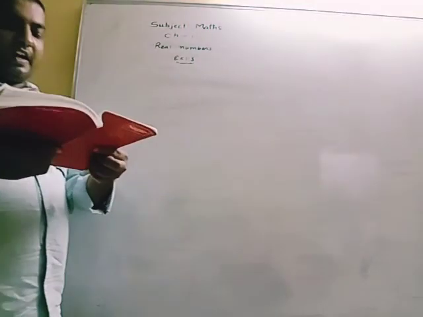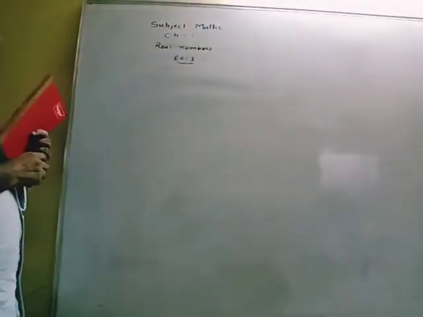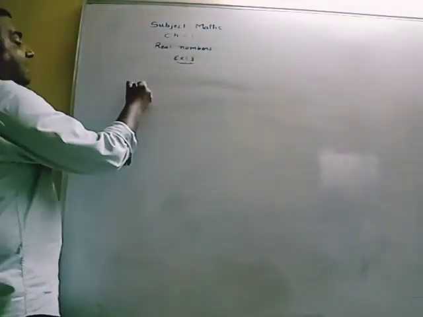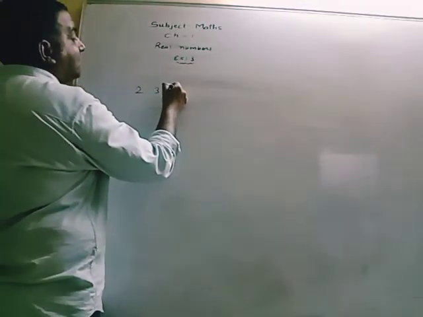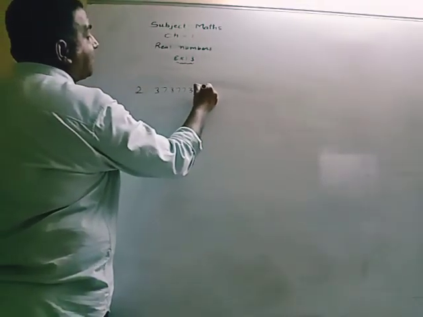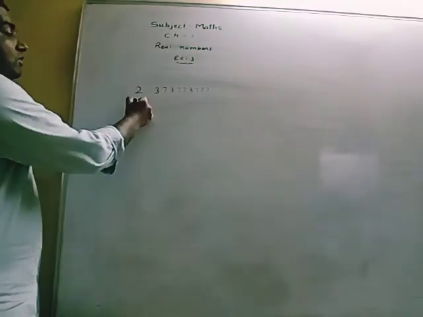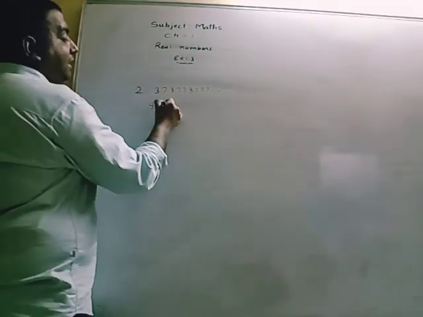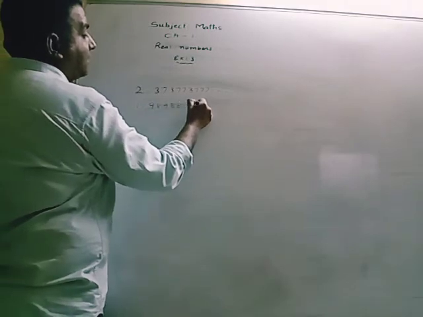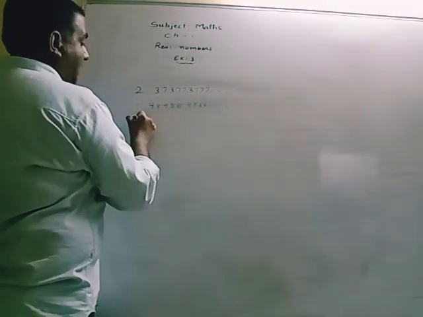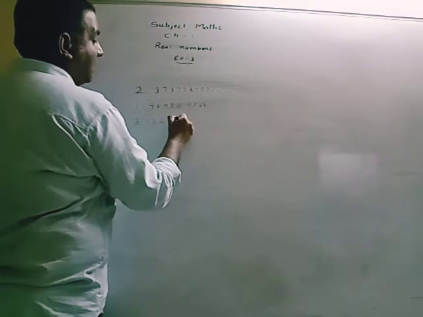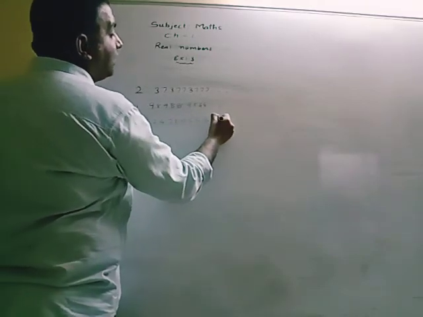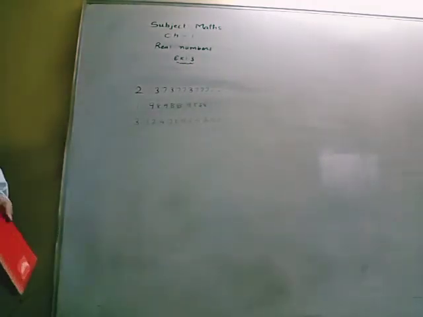Now we have question 7: 3 numbers whose decimal expansion is non-terminating, non-recurring. So we can write any numbers: 2.37, 377, 3777. These are all we can write. We can write 1.98, 988, 9888. We can write 3.12478964388. We have to write such numbers which cannot repeat in the decimal part. So many numbers we can write.